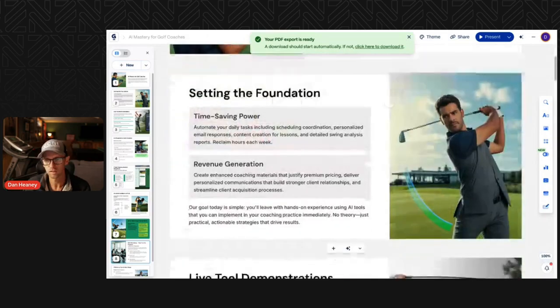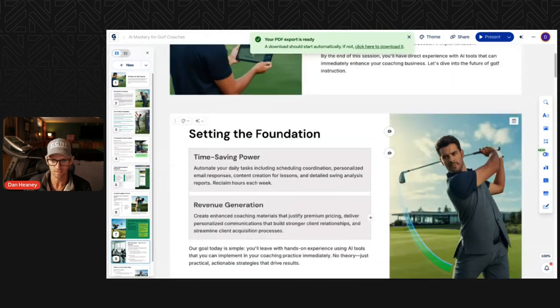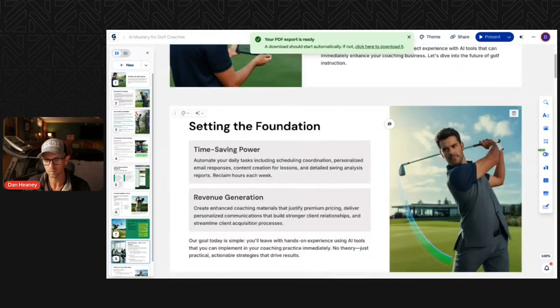So just setting the foundation of what we're going to go over today. And you can see I left all the goofy AI images this week too. Didn't adjust any of them. This is what AI just came up with on its own. So this guy wearing a quirky suit, swinging a golf club, completely AI. It's not perfect yet, but I'll show you ways that you can use even the image generation side of AI in social media content and stuff like that too.